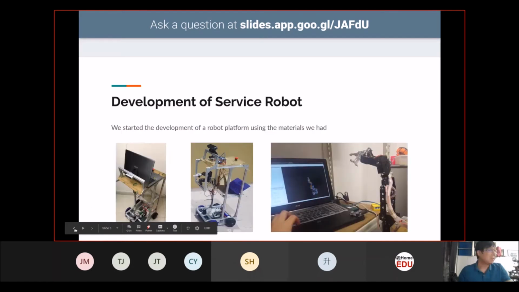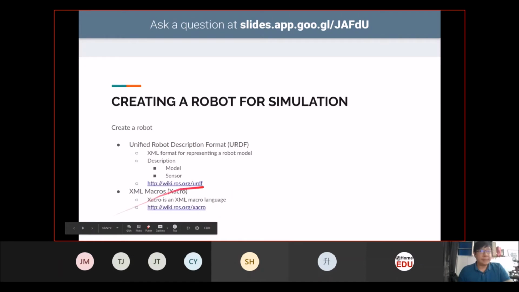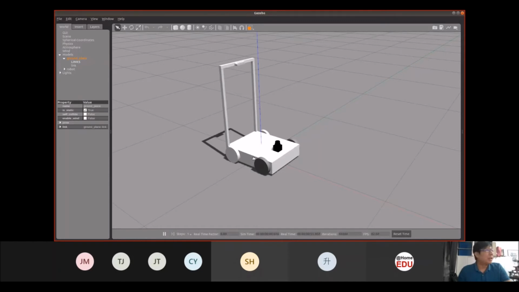This one is the latest version of our robot, which has a bigger frame over here. The initial robot was just a square base with a camera mount at the back. What you are seeing over here is the older version of our robot, where we have a laser for navigation, our square rectangular base itself, and then the depth camera shown over here.